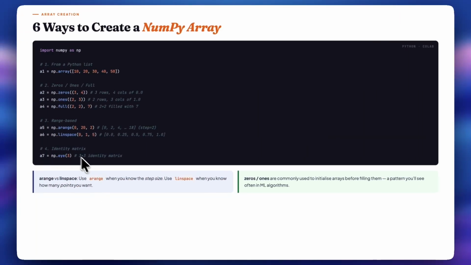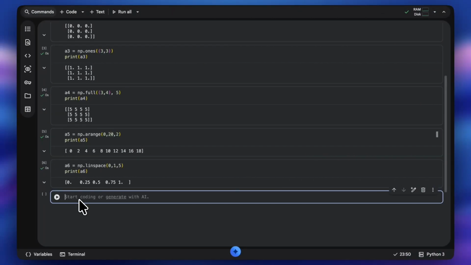And then we have the fourth method of creating a NumPy array, which is using the identity function, np.eye. Identity is like creating a matrix whose diagonal elements are 1. If you create a 3 by 3 matrix, all the diagonal elements will be 1, 1 and 1.